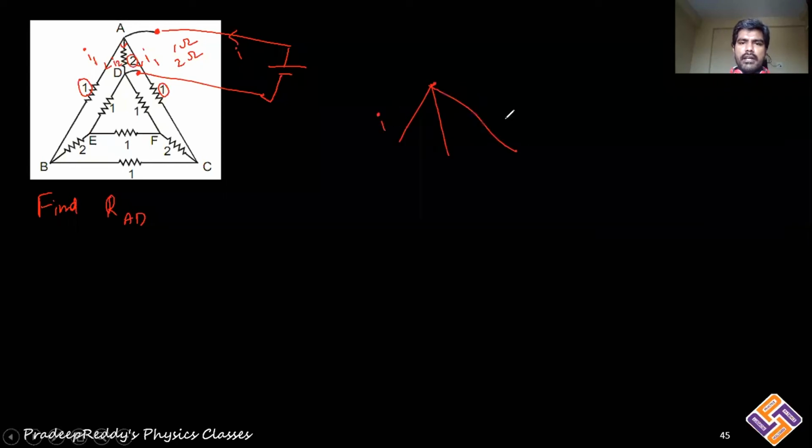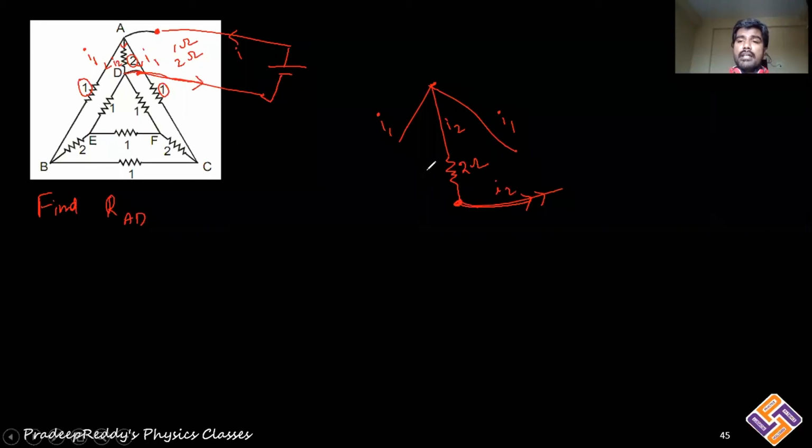Current into this is I1. Current into this is also I1 because the resistors are 1 ohm and 1 ohm. But current into this is I2 because resistance here is 2 ohm. Next, into this second point, you are directly getting current I2, and that I2 should directly enter this point, the negative terminal of the battery. Check it up. This is connected to the negative terminal of the battery. Whatever current I2 is coming here will definitely enter the negative terminal.